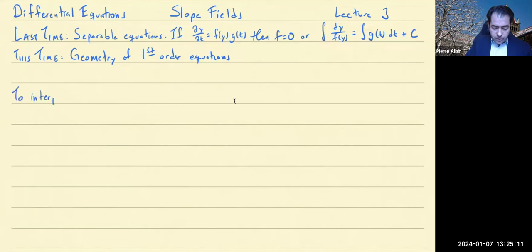So to interpret an equation like dy/dt equals f of y comma t, geometrically,